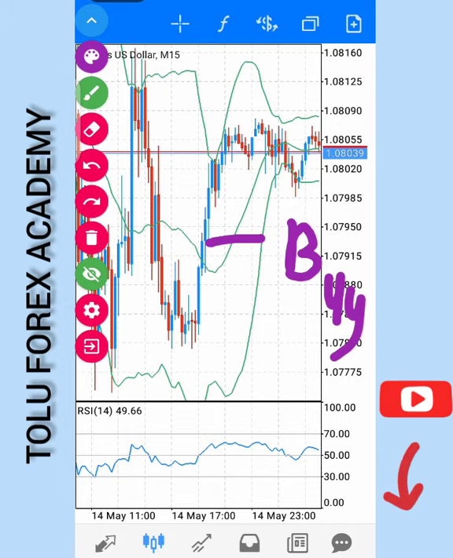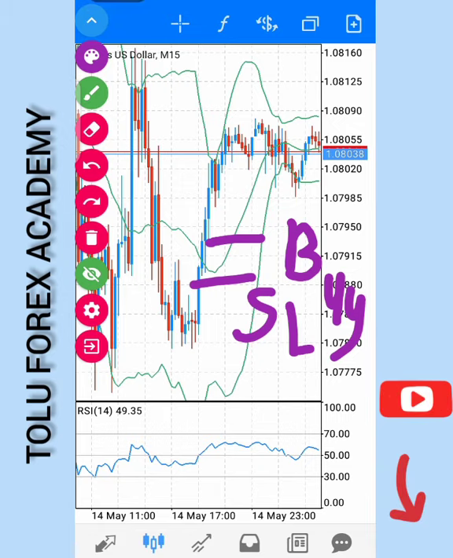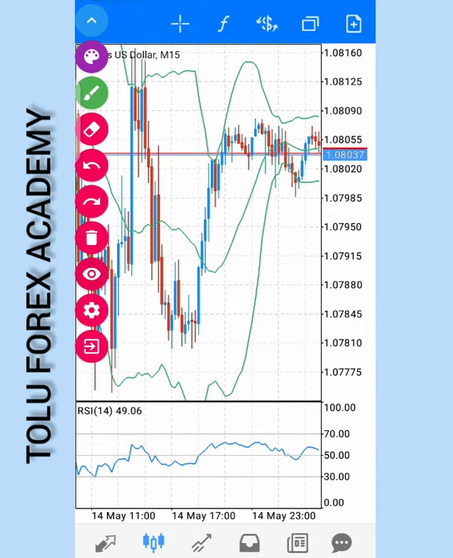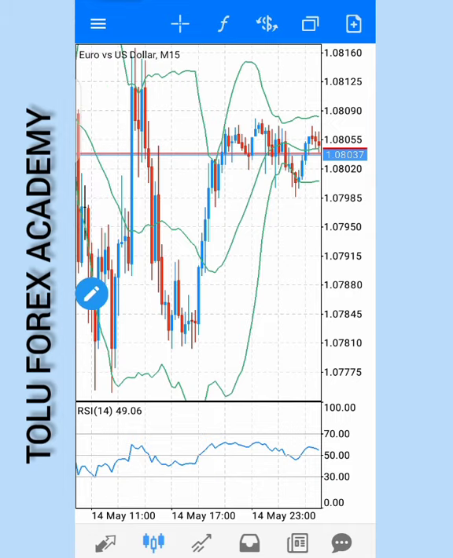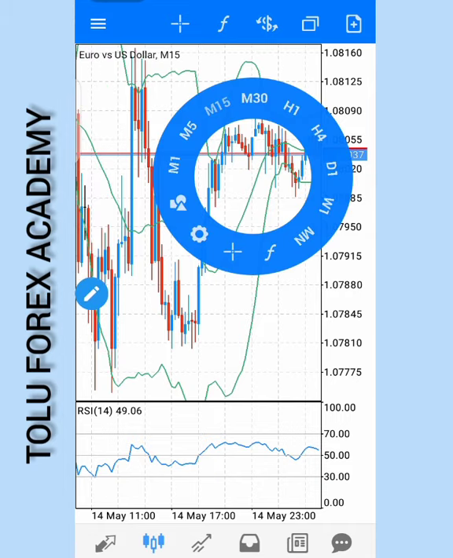You put the candlestick that crosses the middle Bollinger band underneath, you put your stop loss here, and then you trail it until the candle comes back to cross the middle Bollinger band, and then you take your profit here. That is another profit. Now let's go back to the 5 minutes time frame and look